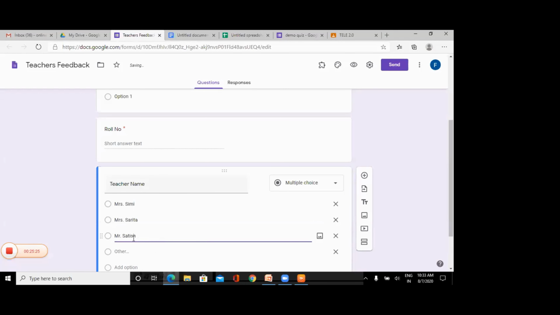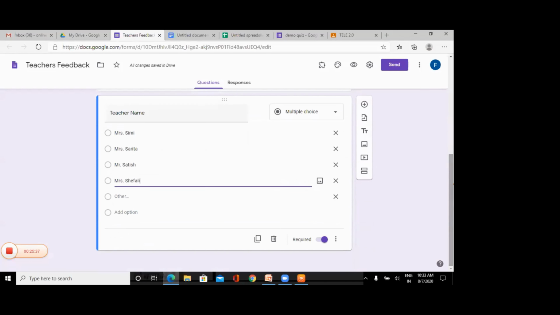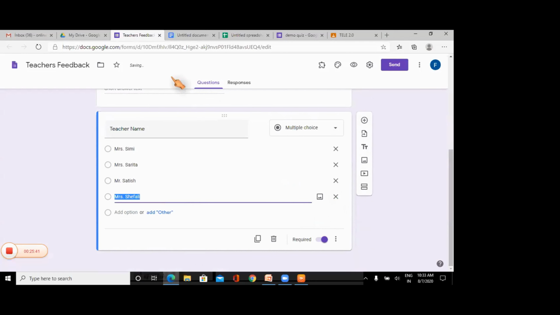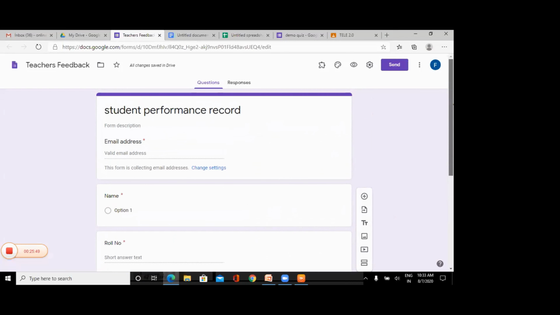Mr. Satish. And one more, Mrs. Shifali. Suppose these are the four teachers who are teaching the same class, same section. I have just mentioned the names of all the teachers who are teaching the same class, same section, right? Here, add-ons will come into the picture.